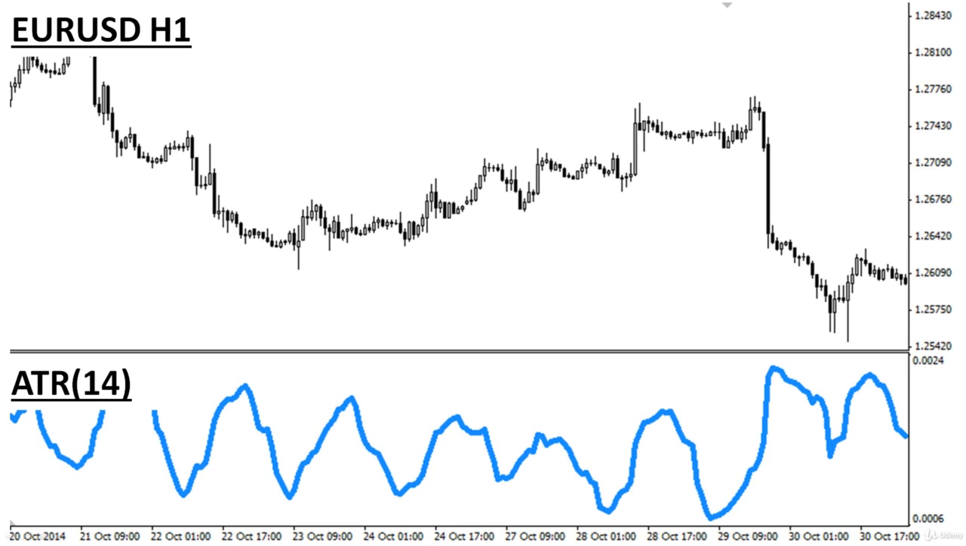In our trading, the one we will focus on is the moving average, and we'll talk about that in the